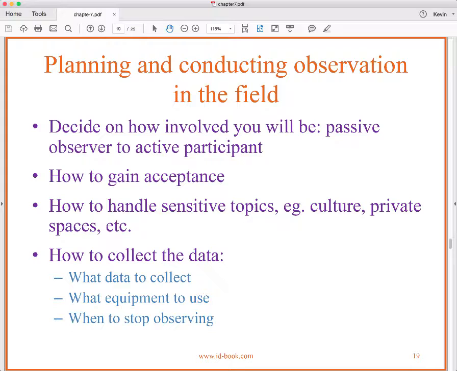Again, what data are we going to collect? What equipment are we going to use? When to stop observing? And I forget the next slide. Let me just, yeah, okay. So now,